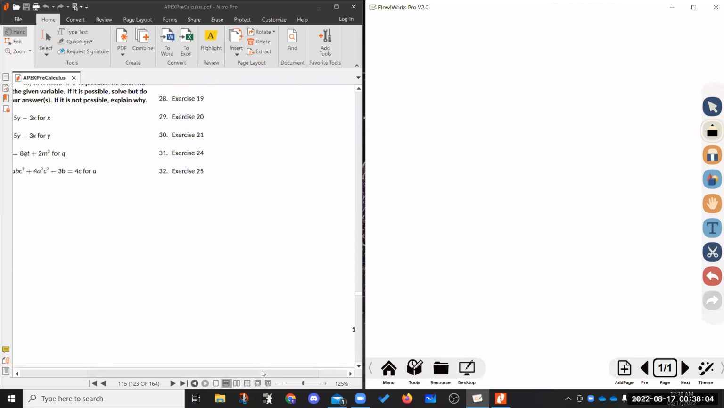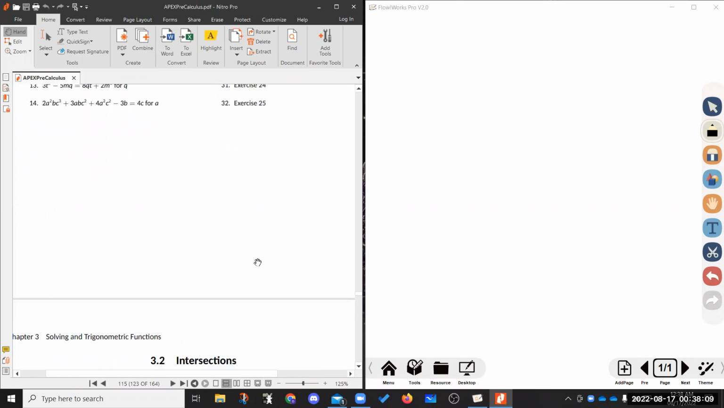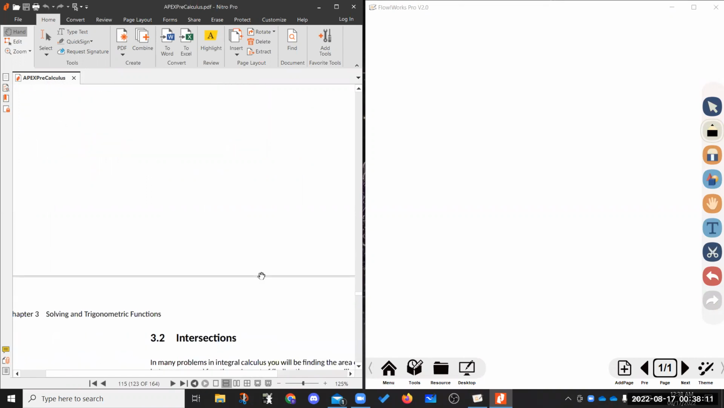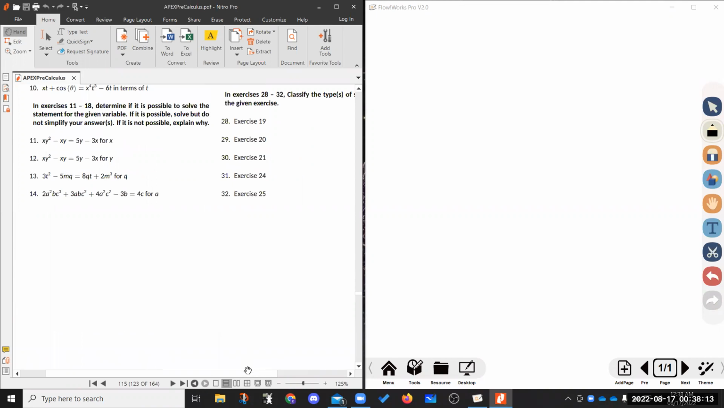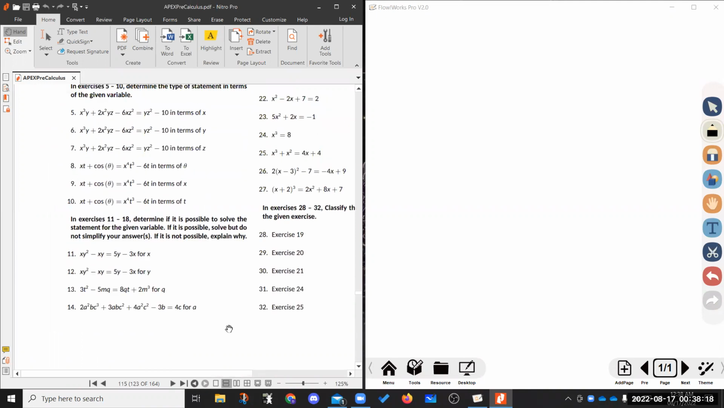Okay, so that is it for this section. Next time we come back, we're going to talk about intersections between graphs and how to solve and find those points of intersection